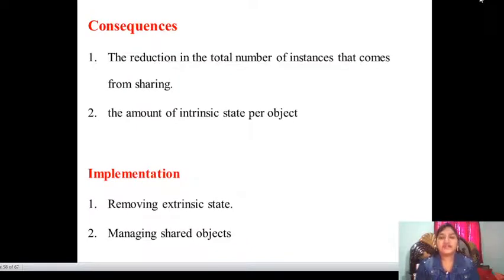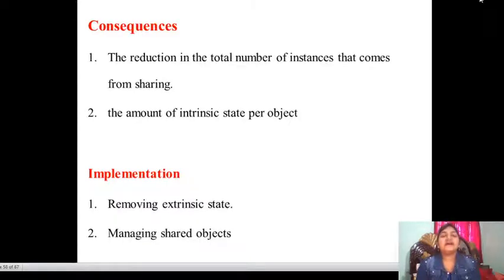Next, coming to the consequences. Here there is a reduction in the total number of instances that comes from sharing, and the amount of intrinsic state per object depends on the flyweight pattern, which follows the results faced by the clients. Whenever the total number of instances can be reduced, we go for sharing. Also, when the amount of intrinsic state per object is large, in that case also we go for the flyweight pattern.